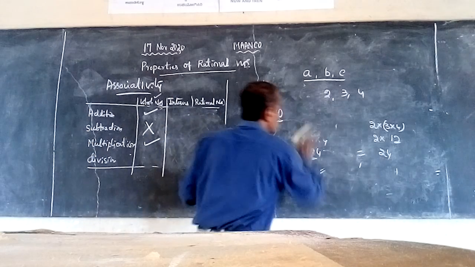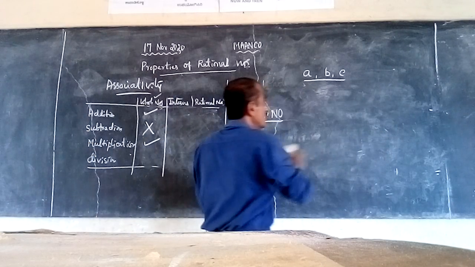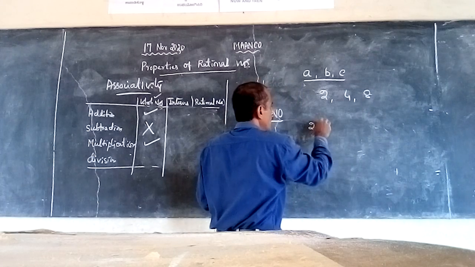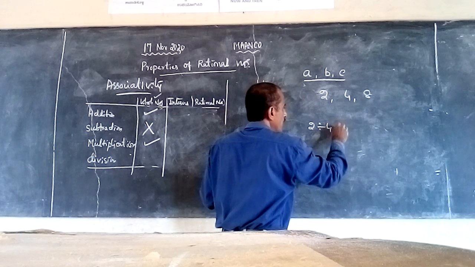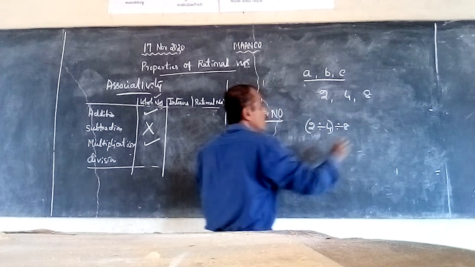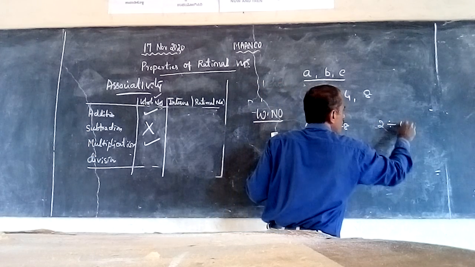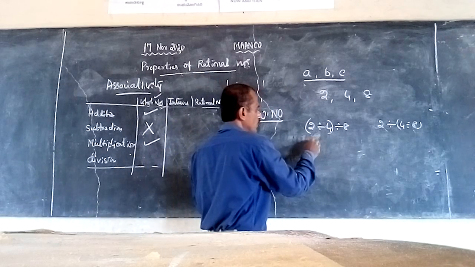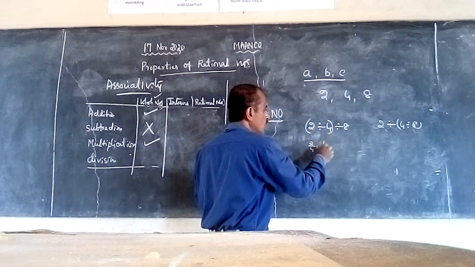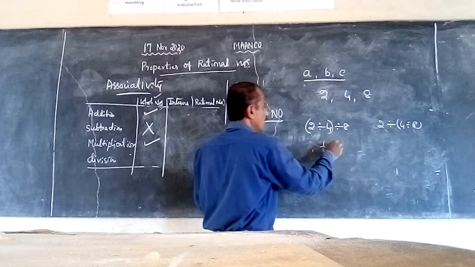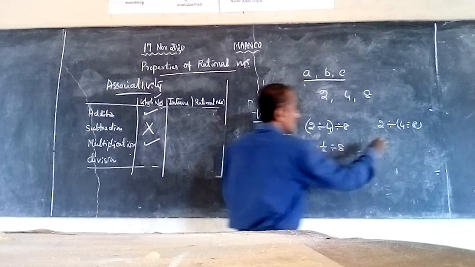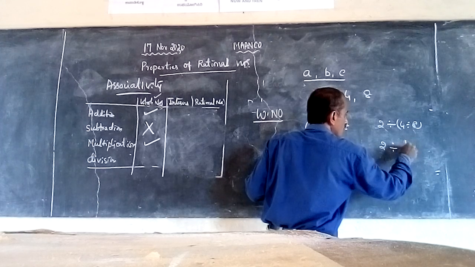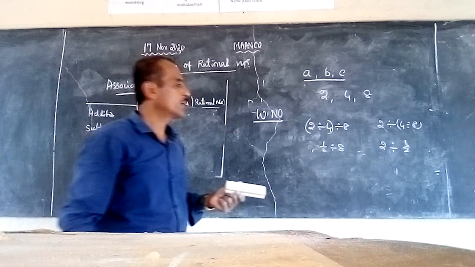Next, what about division? Now let us take three numbers, say 2, 4 and 8. 2 divided by 4 divided by 8. Let us group the first two. 2 divided by 4 is equal to 1 by 2, so you can write 1 by 2 divided by 8. The other side is 2 divided by (4 divided by 8), and 4 divided by 8 is also 1 by 2. We can write it like this: 2 divided by 1 by 2.